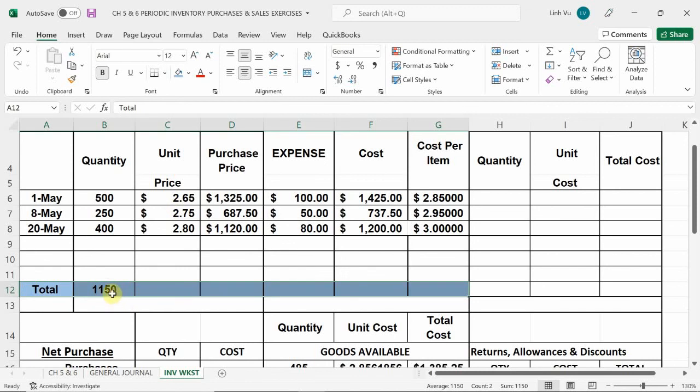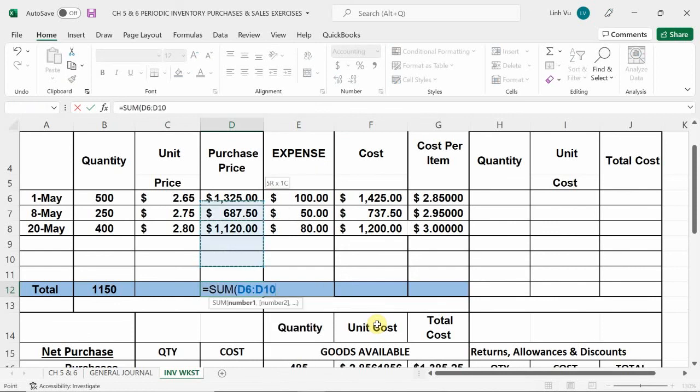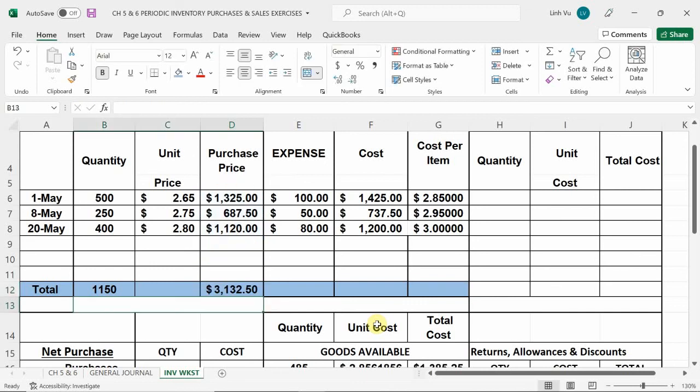So I purchased 1,150 units. What's my total purchase price? $3,132.50. What's my total freight? $230. Giving me a grand total cost of